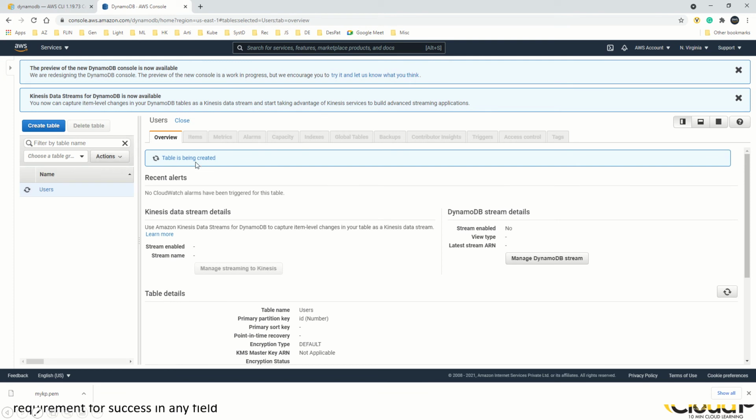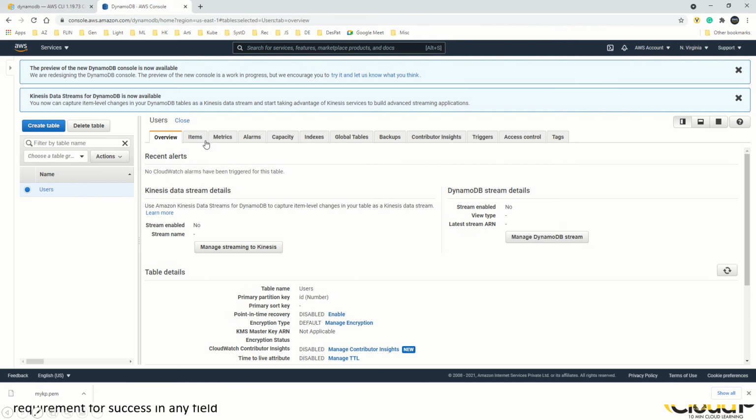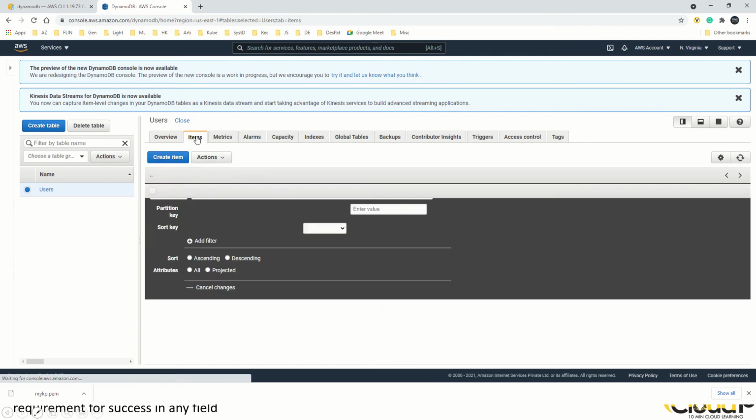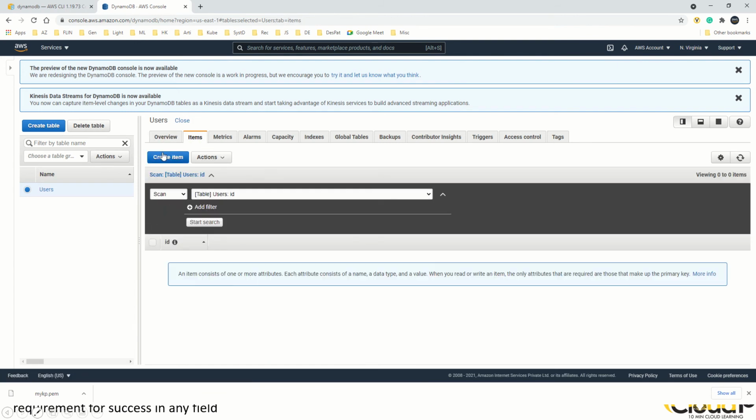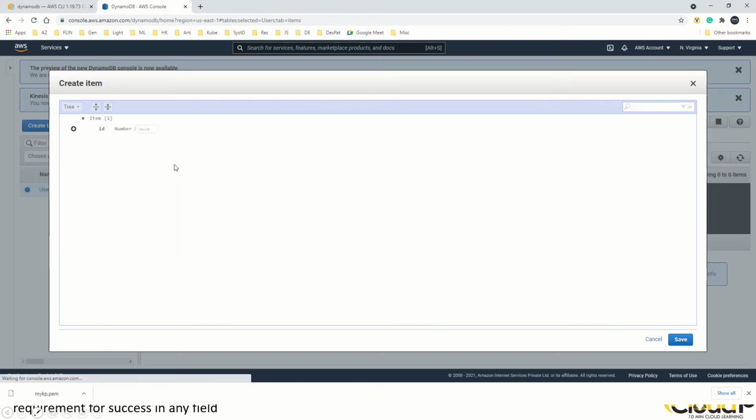So once the table is created, we can add some items here. Let me refresh this. Okay, it's created. I'll click on the button called create item. Here I can say my ID is, let's say, 11. I'll add some more data, a string.